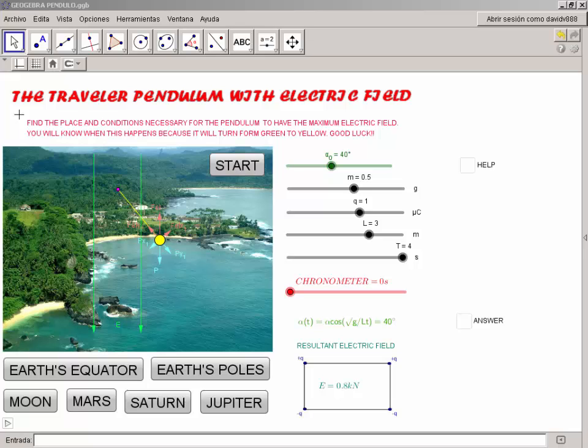Hi, my name is David Valdepeñas Nieva, and I want to show you the project I've made with the GeoGebra program. I've called it the Traveler Pendulum with Electric Field, and it is based on the periodic movements, which are